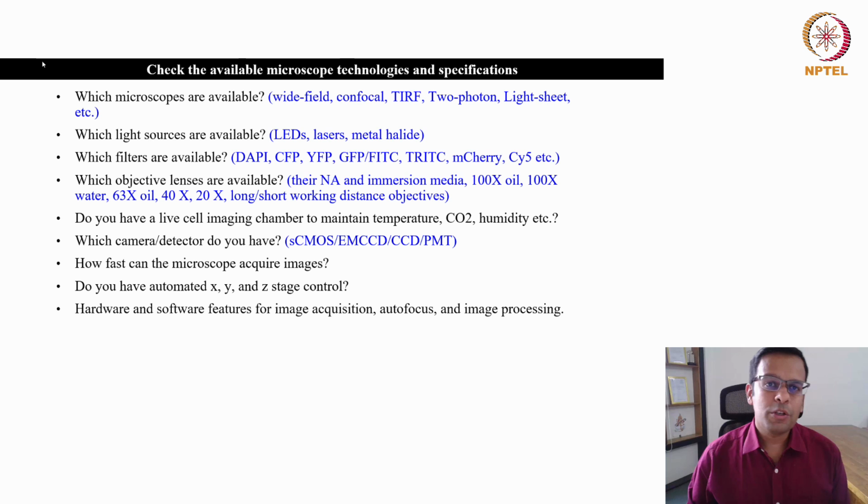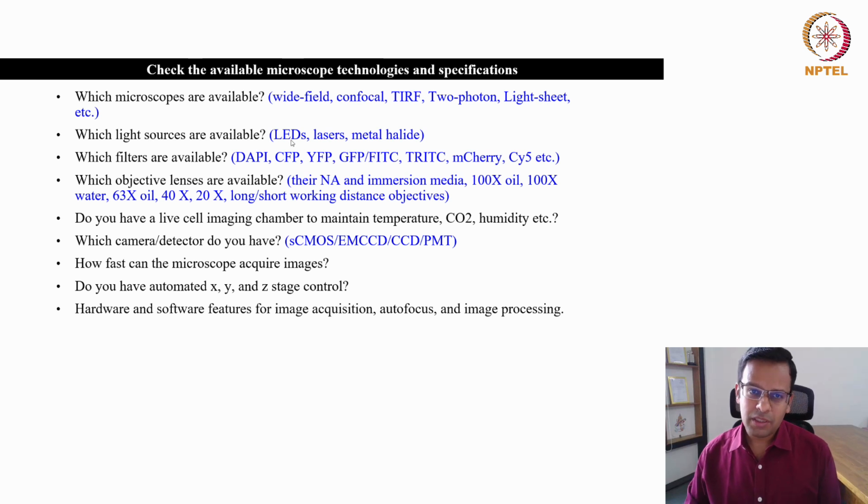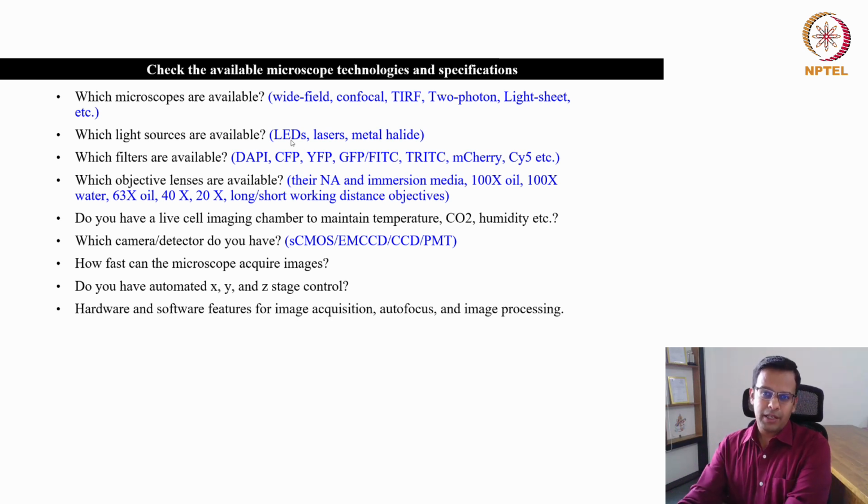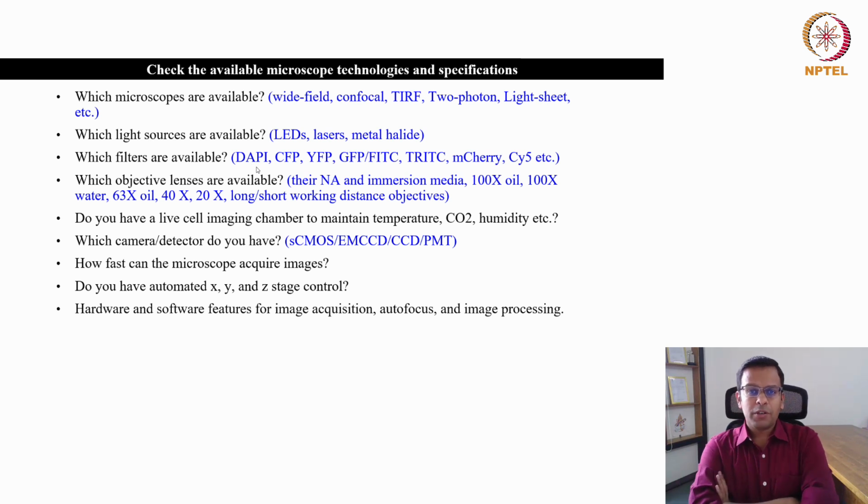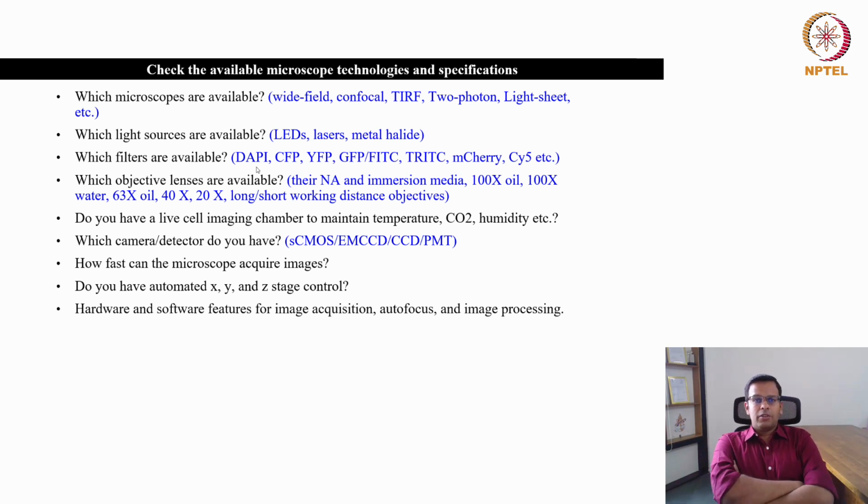So what you should check in your imaging facility is which microscopes are available, whether you have wide field, confocal, TIRF, 2-photon, light sheet. Then which light sources are available: LEDs, lasers, metal halide. Then which filters are available, because you have to make sure that whatever fluorescent dyes you are using in your experiment, the appropriate fluorescent filters and LEDs or light source should be available in your microscope.